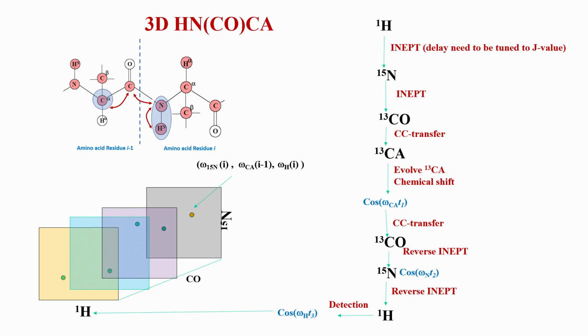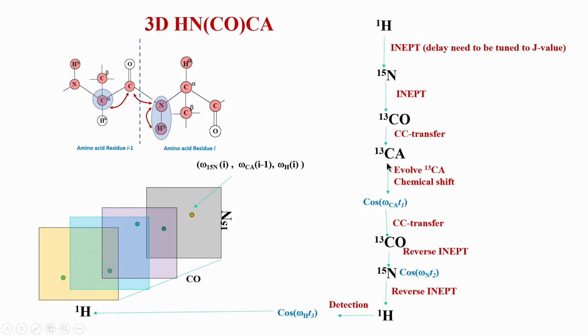But there we evolved the CO chemical shift, but here see we do not evolve the CO chemical shift. We directly go to the next atom by a simple CC transfer module, and this module is nothing but like a COSY transfer, like in COSY in proton they transfer by just J coupling, because these are homonuclear. Remember both are carbon 13. So, this is a homonuclear CC transfer and that depends on the coupling value. So, we have to tune it to the coupling of these two nuclei, and the coupling constant for these two, if you remember, is 55 hertz. So, 1 over 2 times 55 hertz if I use, I can go from CO to Ca.